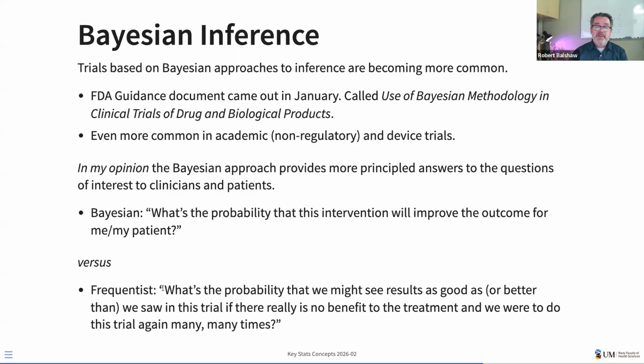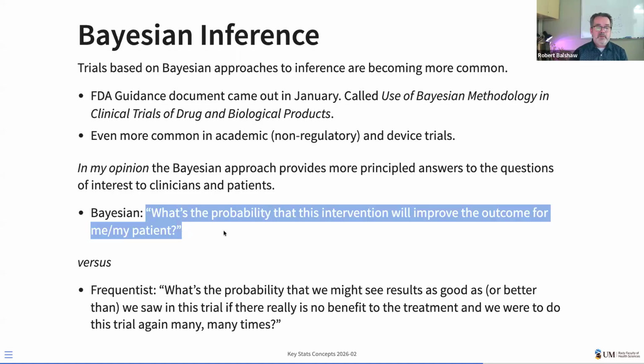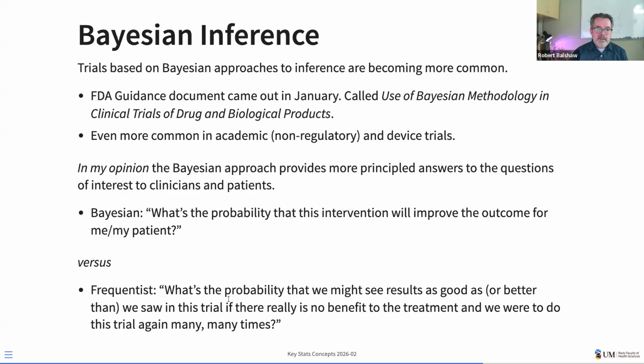Frequentist methods are the methods that I was trained in. They're the methods I've used for years and years. So I do tend to start with those, and then I overlay the possibility of a Bayesian approach to these things and look for opportunities to continue my own learning. But I really do believe that this is by far the more relevant question to address in a clinical trial than this one.